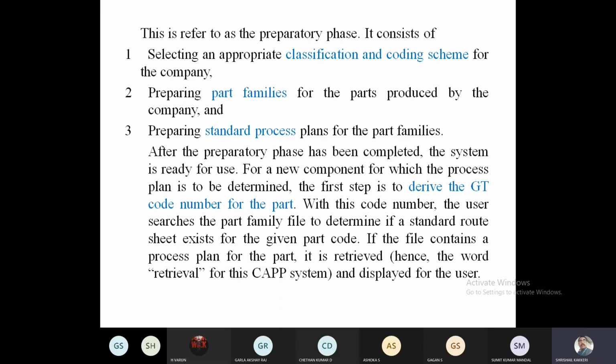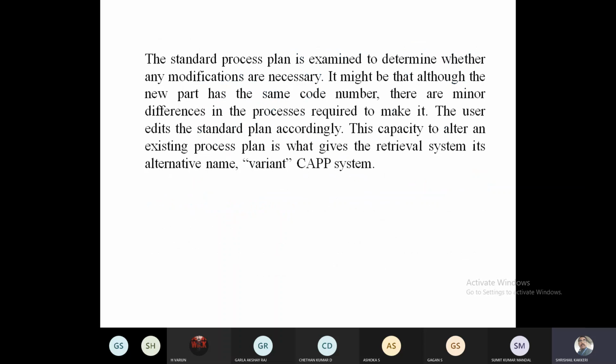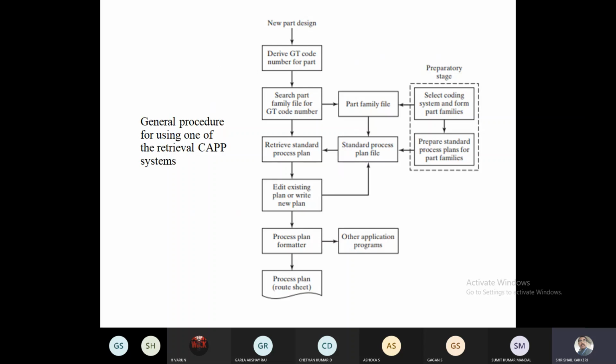Since we are going to retrieve some of the information which is available in the database, this is called the retrieval CAPP. Any problem you want to ask me, please ask me here. This is very important, retrieval CAPP. And this is what the planner has to do. This is what the planner is going to do.